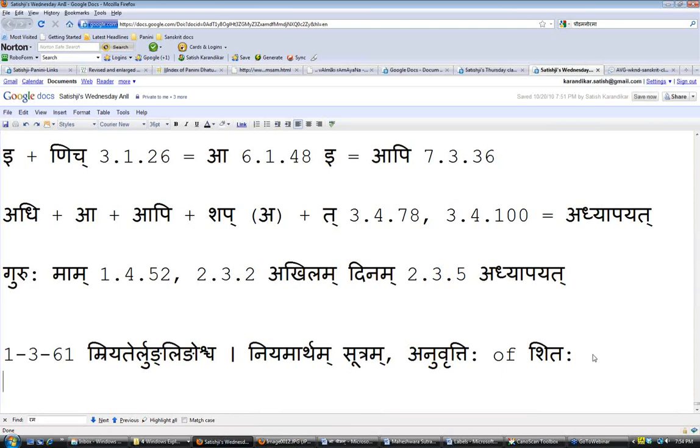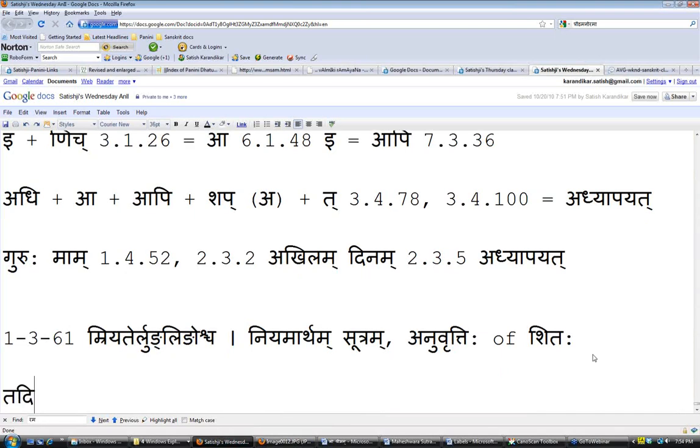That is not correct. So remember this one: taditi parokshe vijaniyat.